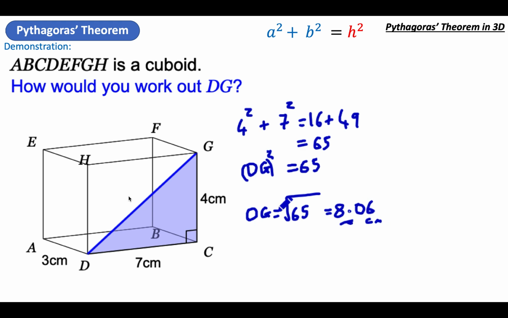I didn't do anything out of the ordinary there. I just recognized the two sides of my triangle and went from there. Now, I suppose the one little leap I have done is that it asked me for the length of DG. It didn't say anything about a triangle here. But if I'm after a diagonal length, just like we did in the problem solving on the previous episode of this lesson,